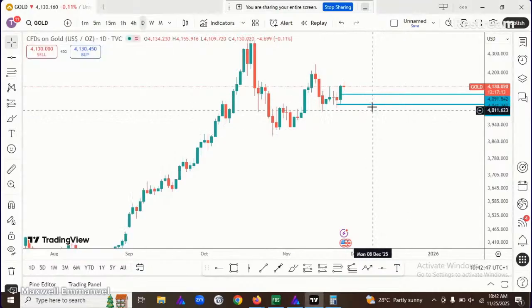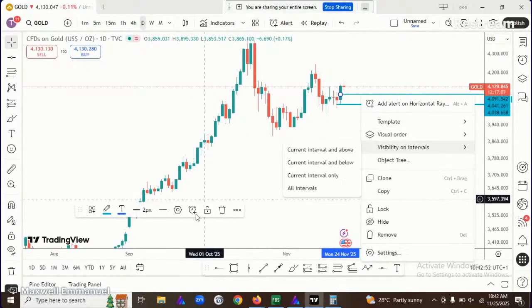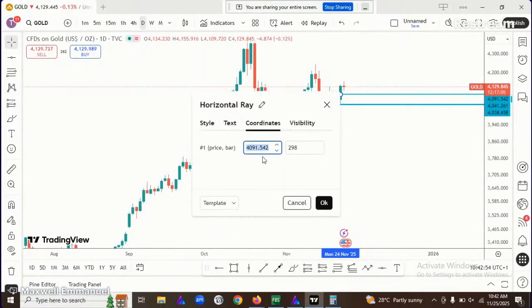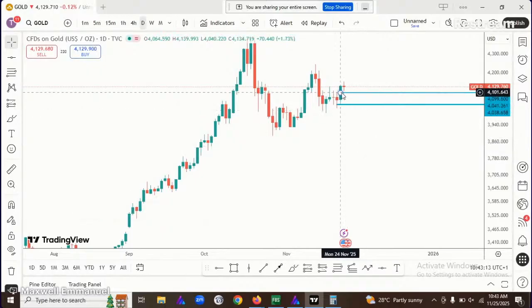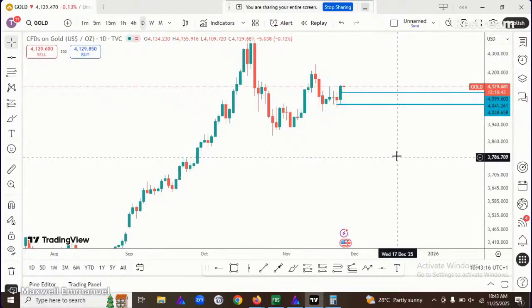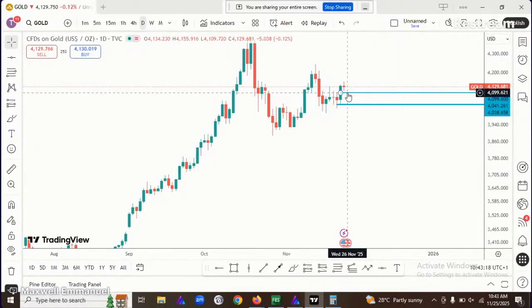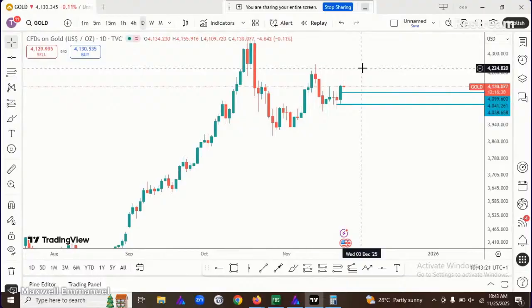4099.6. 4099.6. 9.6. Okay, so you can see this is the average. This is the average for yesterday's candle. And like I said, there's a high probability that price will come and test this average before it goes on